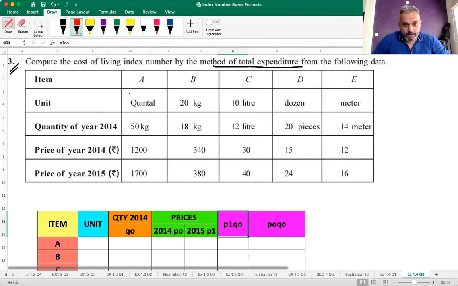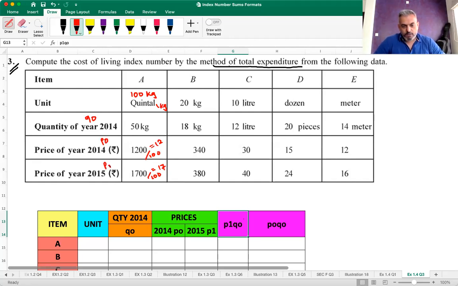So 1 quintal is 100 kg, but we are consuming kg, so we have to convert quintal to kg, and this price divide by 100. So this will become 12 and this will become 17. This is Q0,